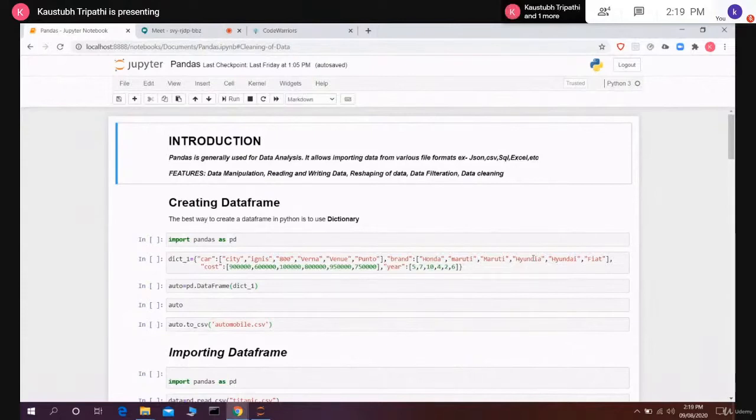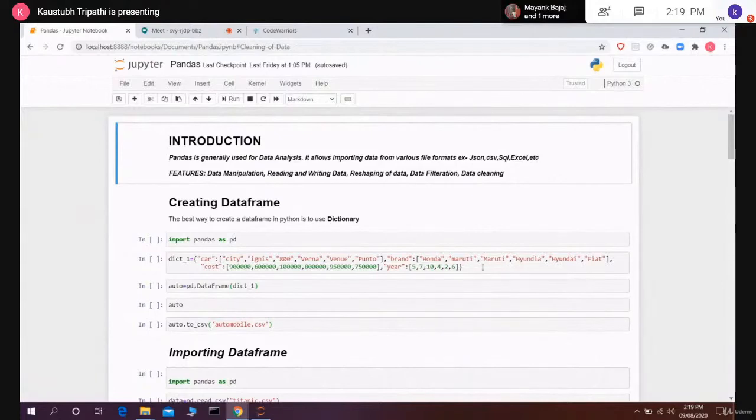We will also create our own dataset and also use one of Kaggle's datasets. If you have not joined Kaggle and you are a data science aspirant, I'm telling you, just go and start doing competitions on Kaggle, because Kaggle is like a god in the data science field. I'm using one of its datasets, the Titanic dataset, where I have a huge amount of data for the Titanic ship, and I will use that to explain the concepts of Pandas. So let's start here.